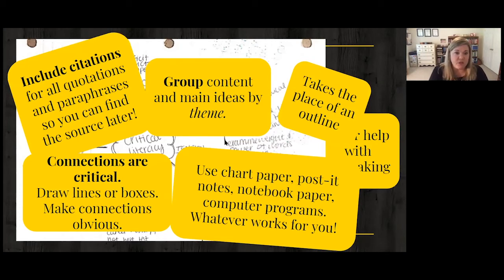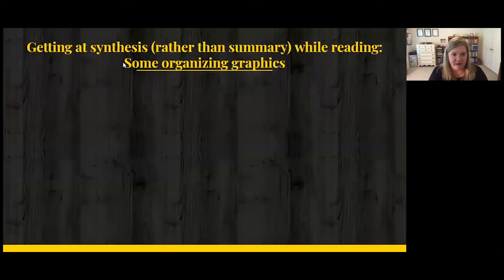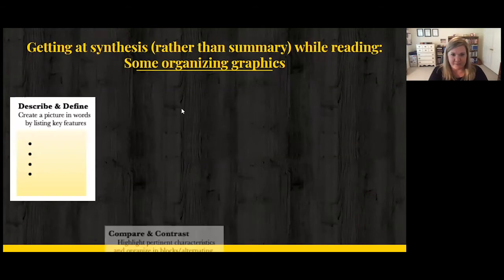The key is to group content and main ideas by theme so that they kind of fall out where these themes are. The best way to organize a literature review is by theme. It really lets us understand what the big ideas of the topic are. And so this is one way to get to organizing by theme. As Kimberly said earlier, always include all citations. You think you will find it later, and you definitely will not find it later.